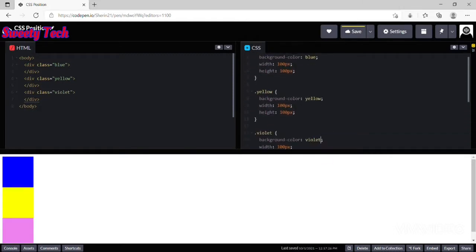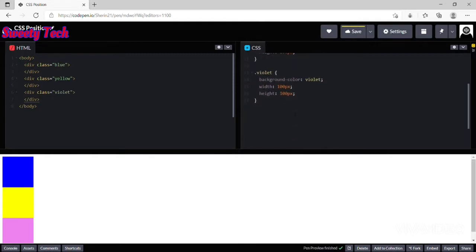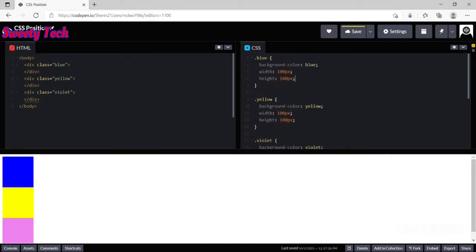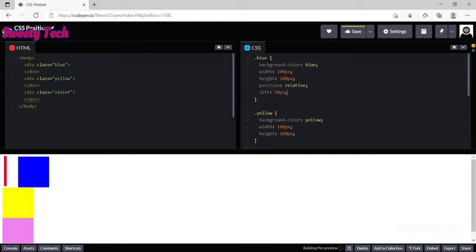In the output panel, we can see the 3 boxes which are created with the help of the div elements and classes. Now I'm going to change the position property as relative in the blue class. Relative position means it will change the element's position relative to the position where it used to be.